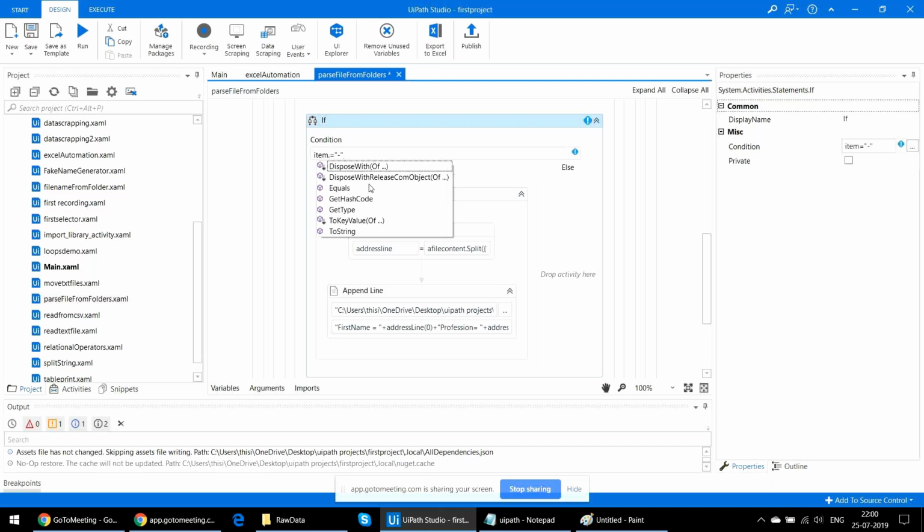You have to use string operations, like to string dot contains is a method. So item dot to string dot